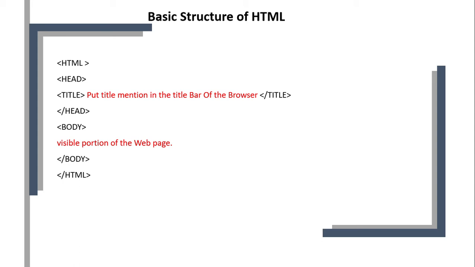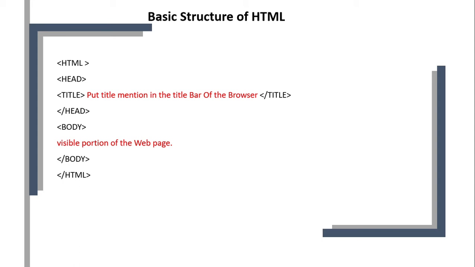The body section is a very important part. Why? Because whatever text, attributes and tags we write between the body tag and the slash body will be displayed in the web page. That's why the body section is very important. Whatever we write after the slash body is not accepted in the web page, because the slash body means we have closed the body section. After that we give the slash HTML, which closes the HTML coding.